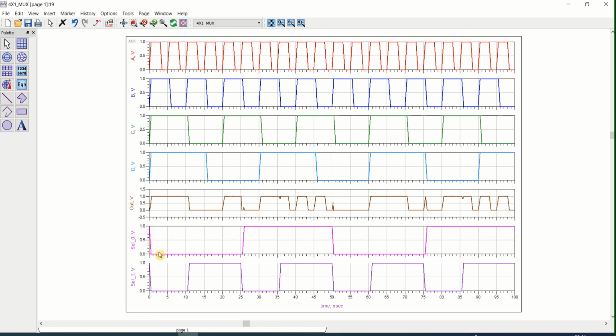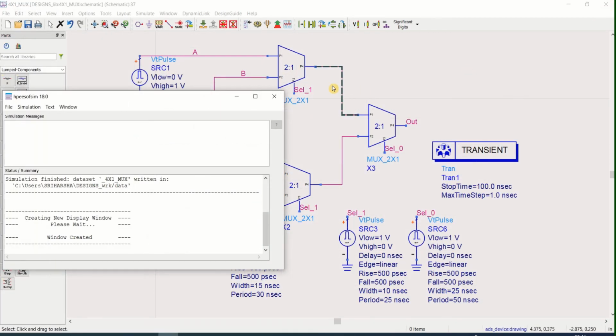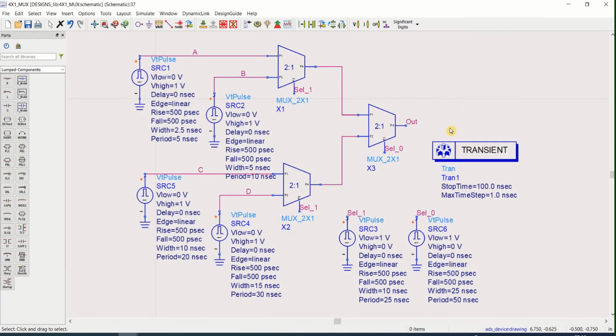Whenever the selection line value is low, it is going to pass this value. C and D will be passed. Then whenever it goes high, A and B value will be passed. So this acts as a 4:1 multiplexer. So these are the results of the 4:1 multiplexer. This is how you design that.